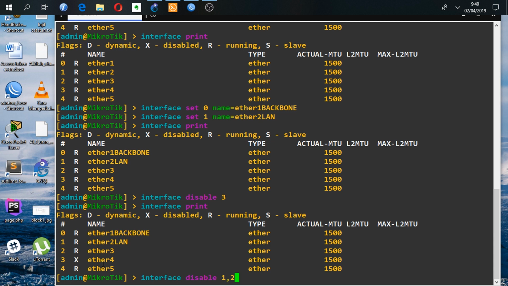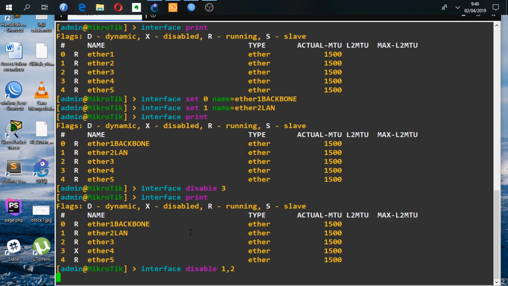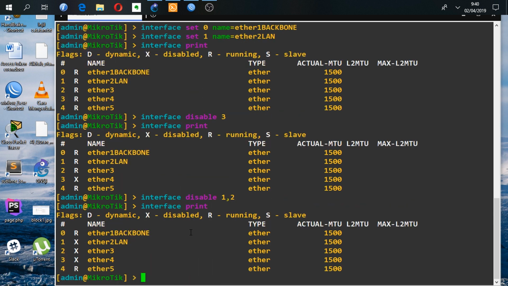The command is interface disable 1 and 2, because the index of Ether2 is 1 and Ether3 here is index 2. So enter. Okay, check the configuration again with interface print. Yeah, right now you can see that Ether2, Ether3, and Ether4 have status disabled.